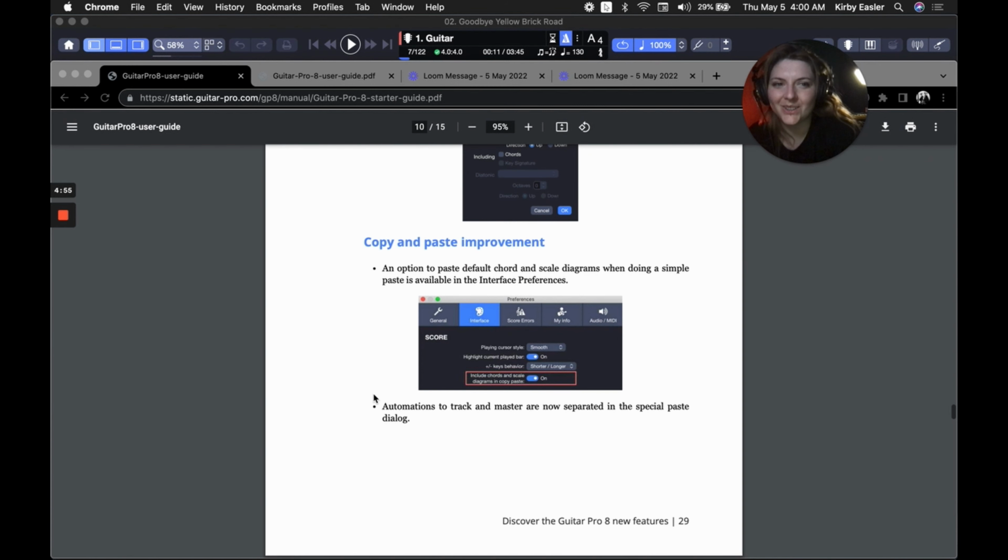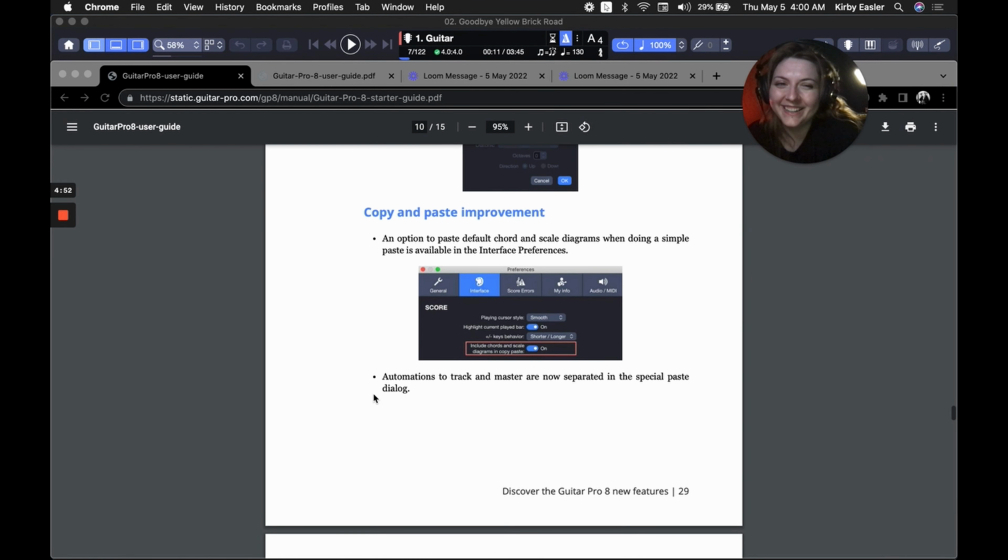So, this sounds so lame. If you have to copy and paste, which is pretty necessary, that's like a big part of your job with this. But in the past, let's say you've got a passage of a song that you've already fleshed out: the expression details, the notes, the rhythmic values of the notes, all these kind of things, and you've got chord diagrams above it that you've already decided, like, this is how I want the chords to be represented. So if you've gotten to that stage of transcribing where you've already included all the bells and whistles beyond just the meat and potatoes,